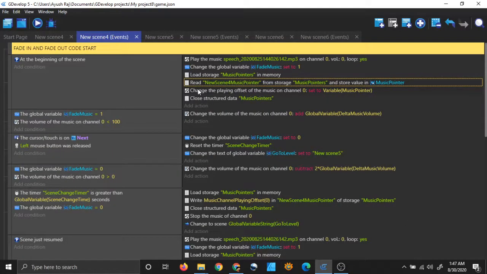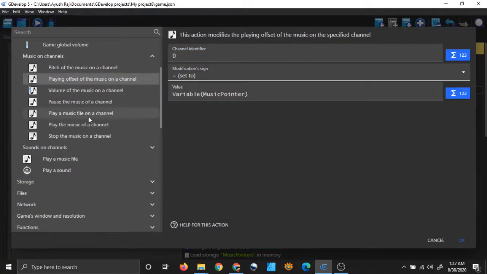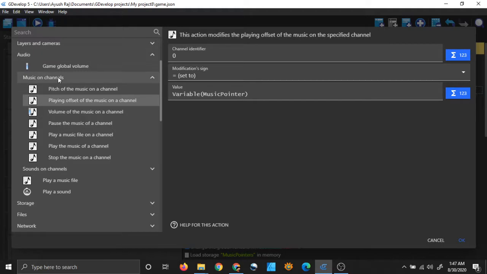And the third line is change the playing offset of the music on channel 0. Now we are simply jumping our music to the point which we loaded from the memory just now. Where will you find this function? Go to audio, then music on channels, and in the music on channels section go to playing offset of the music on a channel.